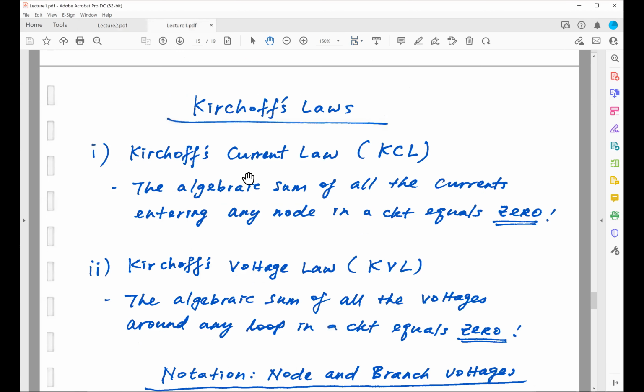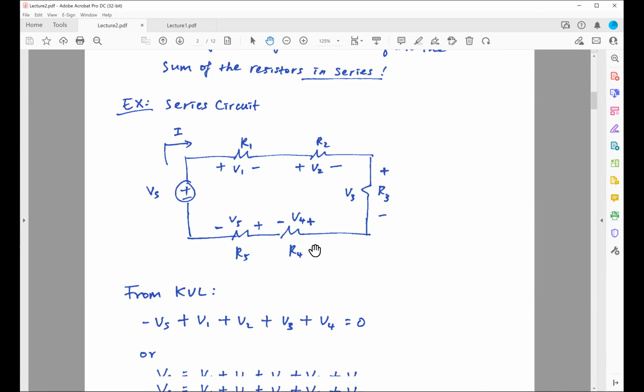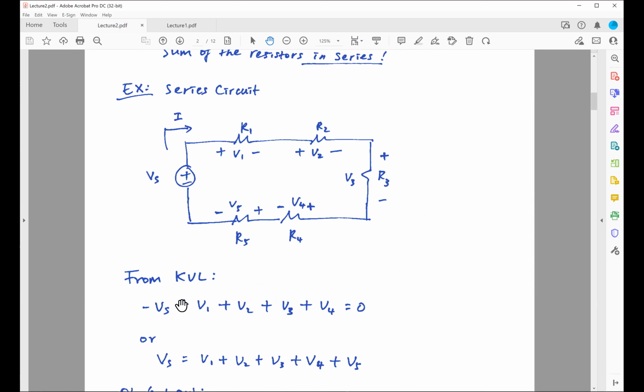From last lecture, we know that KVL says the algebraic sum of all the voltages around the loop in a circuit has to be equal to 0. In other words, the sum of the voltage rises has to be equal to the sum of the voltage drops within the loop. So going back to these lecture notes, as you can see, if I follow the definition